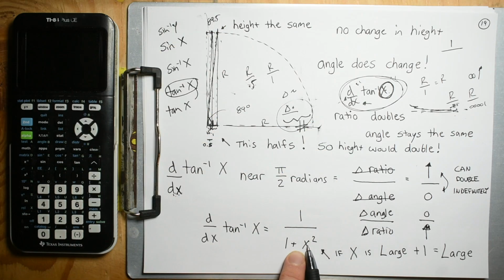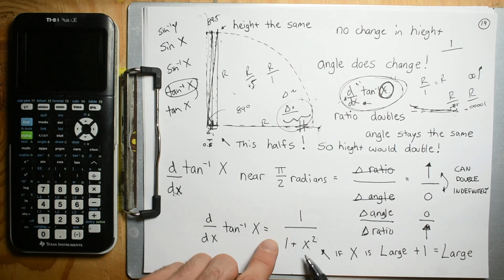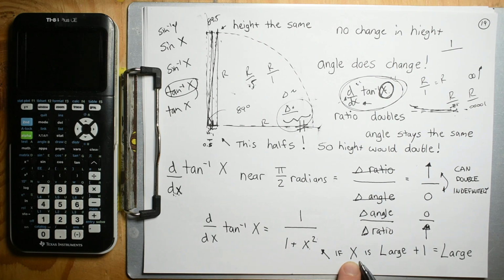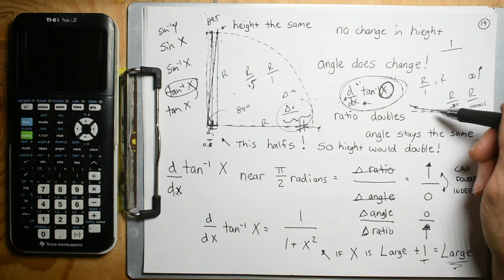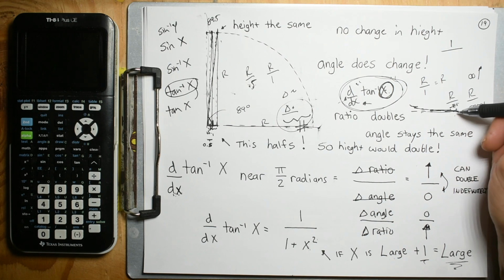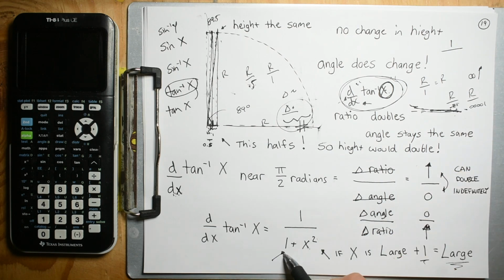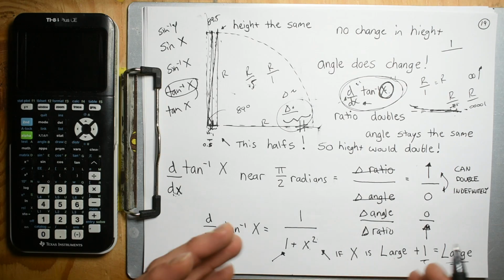But if this is extremely large, infinity squared is even larger. And infinity plus 1 is just, how I say it is, if x is a large number, a large number plus 1 is still a large number. That 1 is hardly doing anything, and that's why it's approaching linearly. You could say it's not approaching linearly because of this one, but come on,